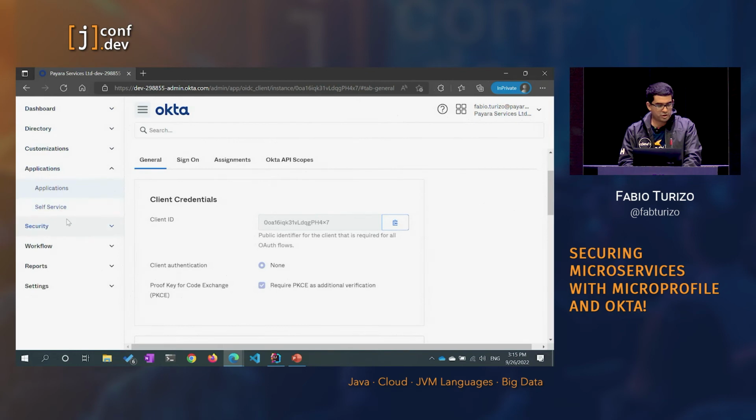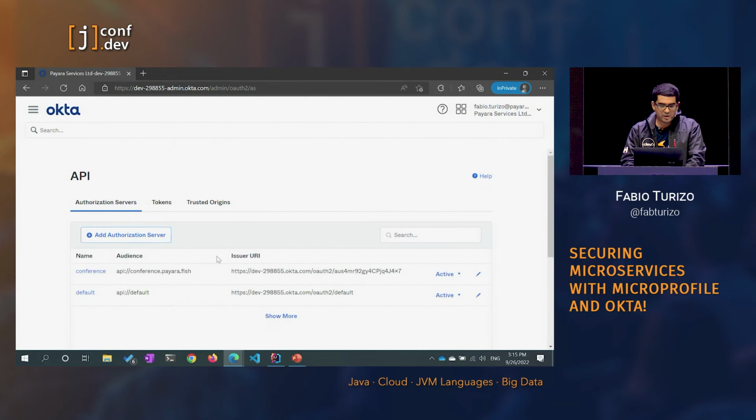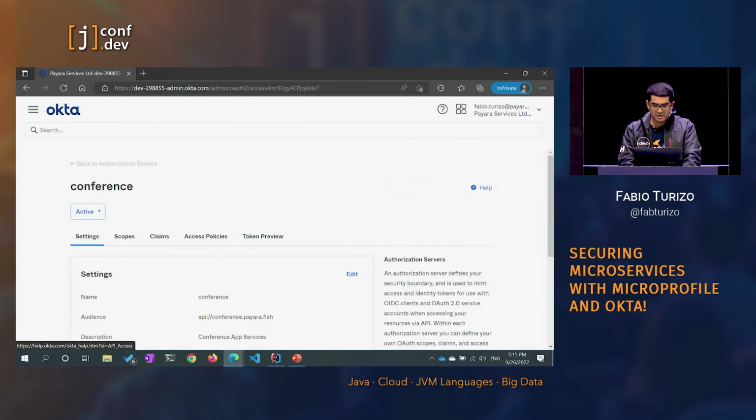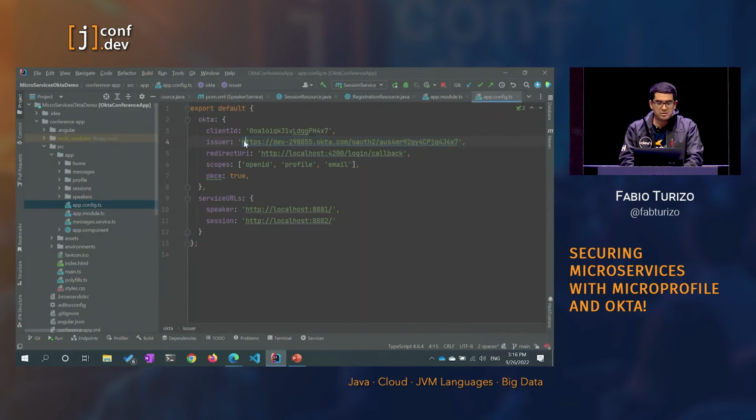I go to security, I go to API, and Okta creates a default endpoint. I don't care about that one. The one that I care about is the conference endpoint that I created for this demo. This has an audience. Technically, the audience is just a standardized endpoint that you use to identify uniquely that service that you are authenticating. And it will provide me a new issuer ID, a URL. And this URL is the one that I have to provide to my application in here. So you can see